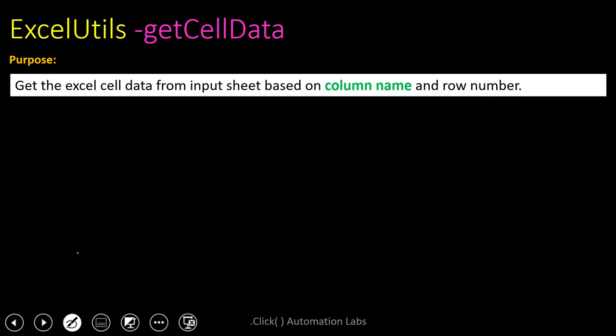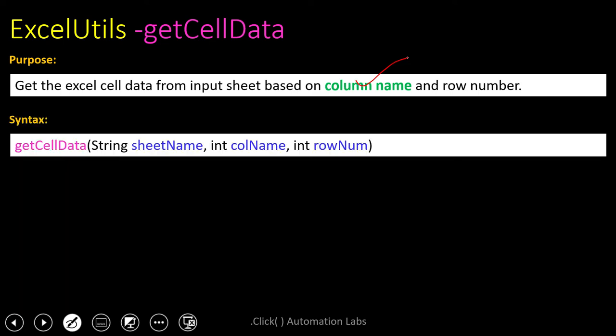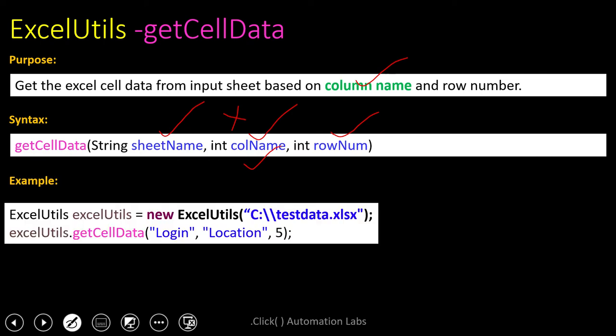In the earlier get cell data we used the column number, but here we are using the column name. So this is the difference. The syntax would be get cell data, sheet name the same, column name, and the row number. So instead of column index, we are using the column name.